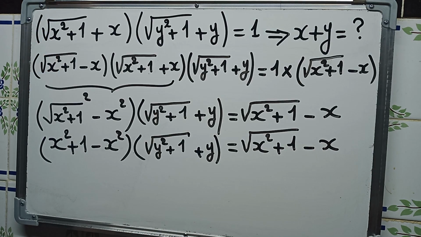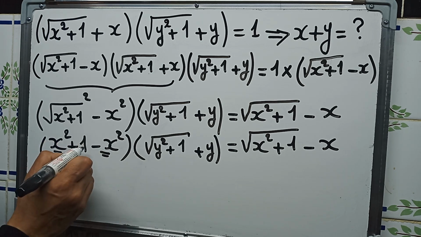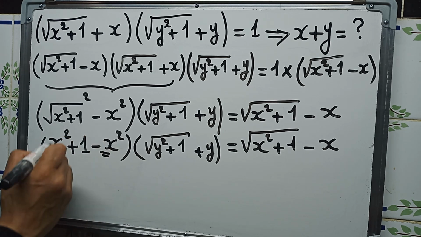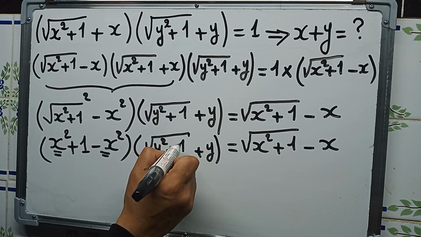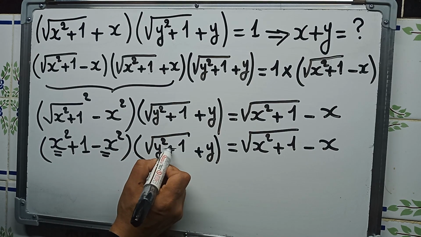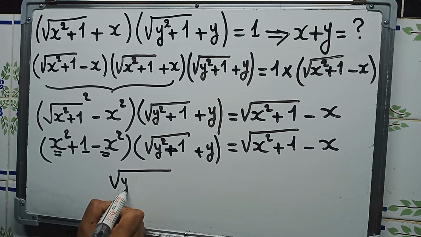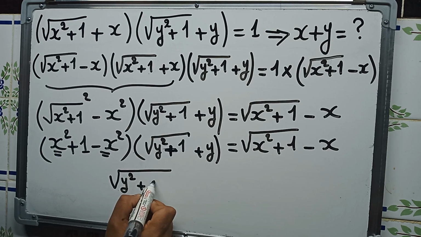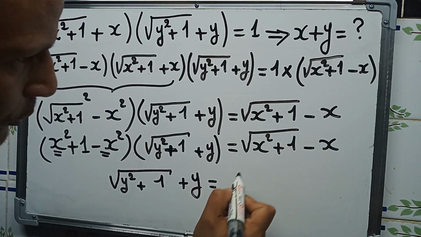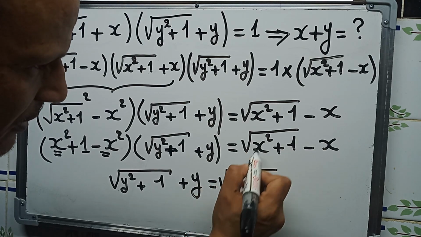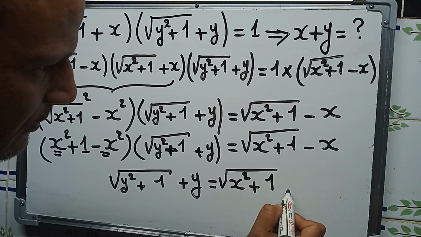minus x. And now you see the x squared will just cancel with minus x squared, and just 1 will remain here. So here 1 times this number, and 1 times this number is just this number. So we will have square root of y squared plus 1 plus y is equal to square root of x squared plus 1